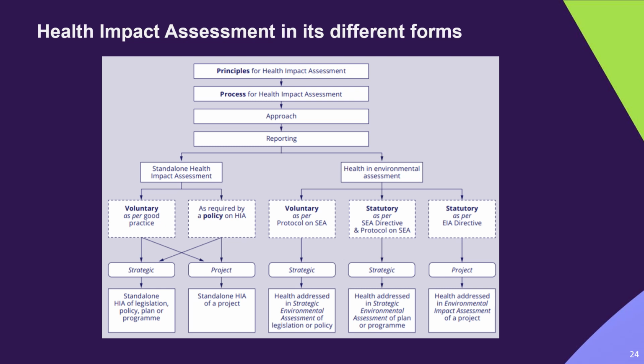This chart shows the different paths a health impact assessment can take, as well as the unifying features across all forms of HIA. I appreciate this may be a little bit difficult to see in the slide, but obviously it's presented within the manual and technical guidance, so you can look in those documents for a better image of this illustration, of this flow chart as I'm talking through the slide. Although the methods used and the scope of the issues examined will vary, the guiding principles, the process and the approach remain the same. As we can see from this chart, HIA can be voluntary, but it can also be